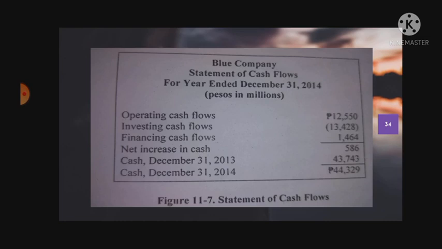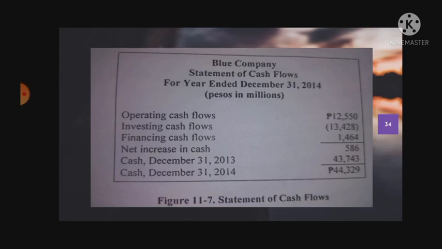Next is the investing cash flows, which is the investing activities. Investing activities are the cash flows derived from the acquisition and disposal of long-term assets and other investments not included in cash equivalents. Investing activities include cash flows from transactions involving non-operating assets. Examples of cash flows from investing activities: